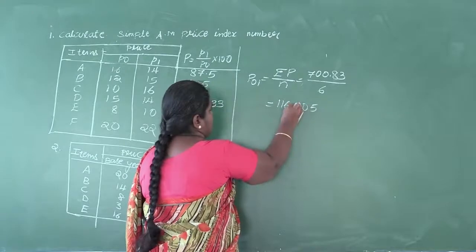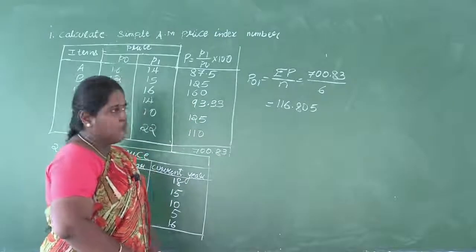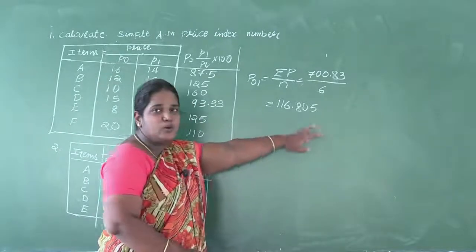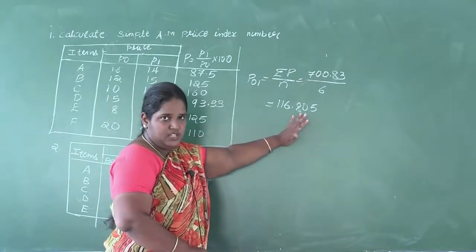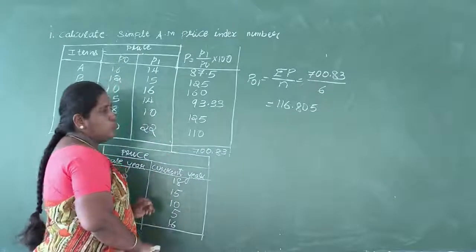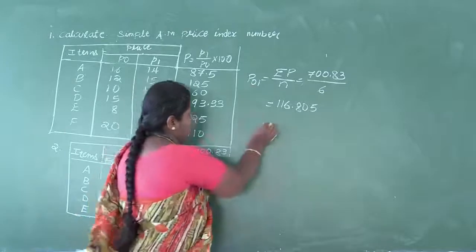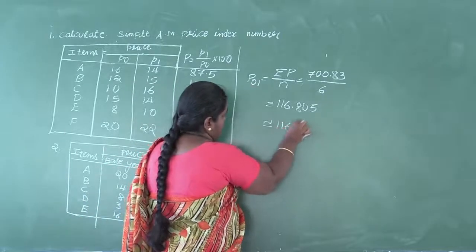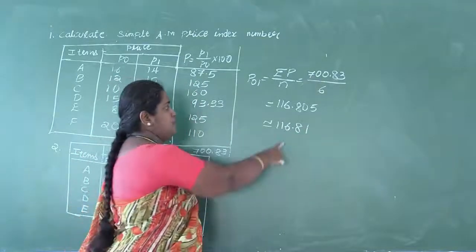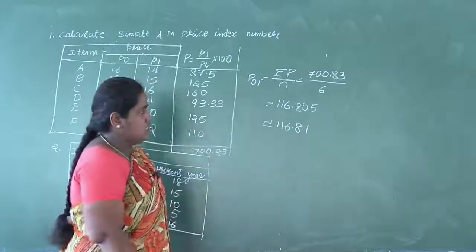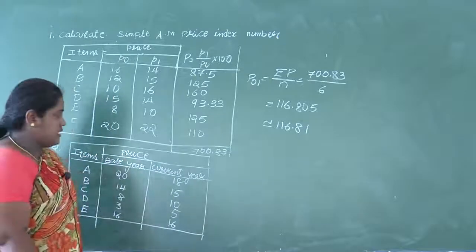116.805. So if you have 0, then you have to write one more number. Don't stop at that point. If we stop there, it means that there are no values further. So because of that, after decimal, the second number, if you have 0, take one more number for that. Otherwise, you have to approximate for this number. So 805 can be written as 116.81. The third number, since 5 or more than 5 can be taken at, can be increased here, so we can write it as 116.81. So that is the answer for the first problem.